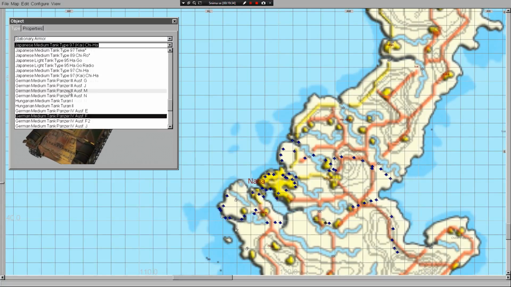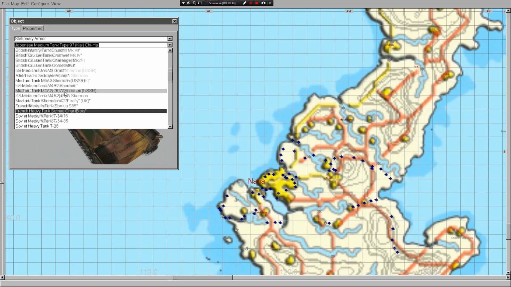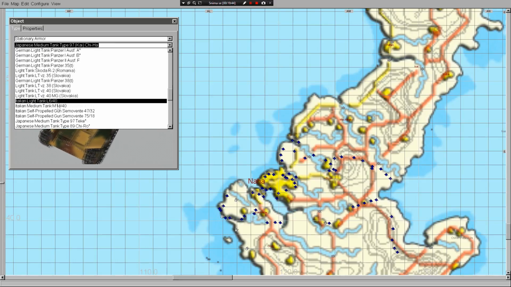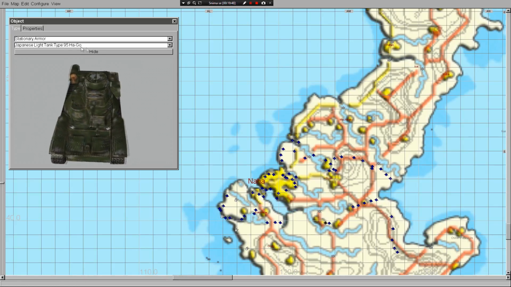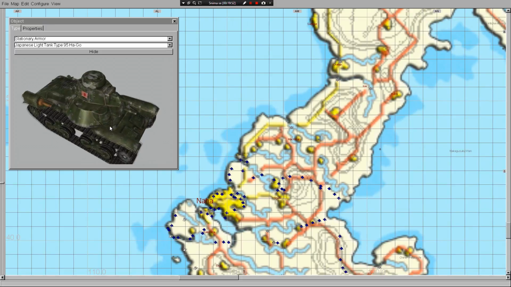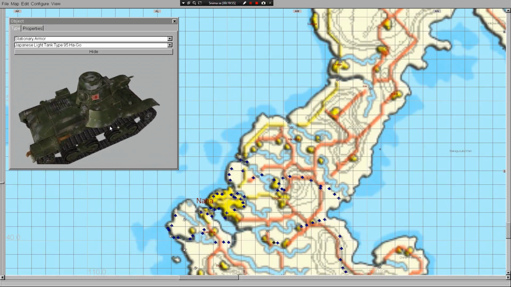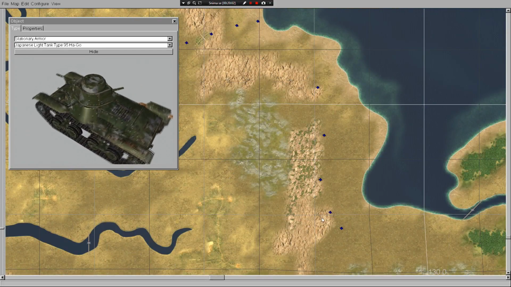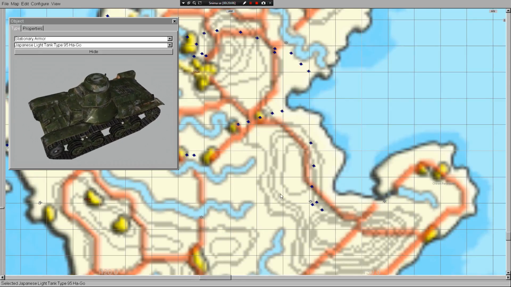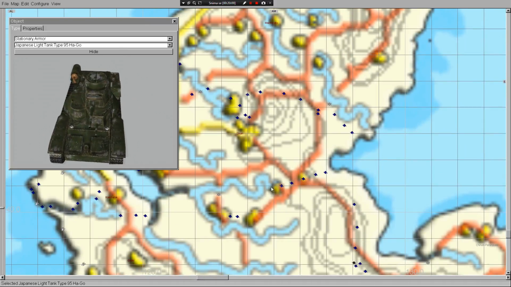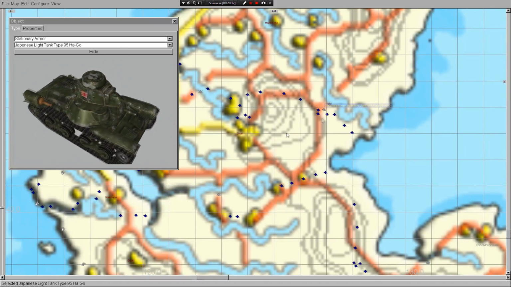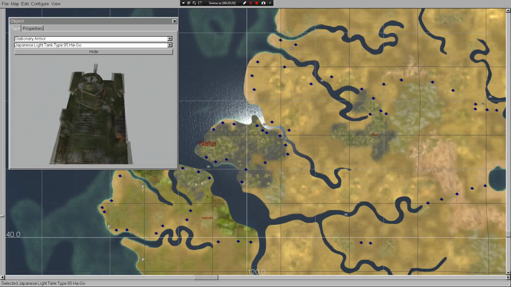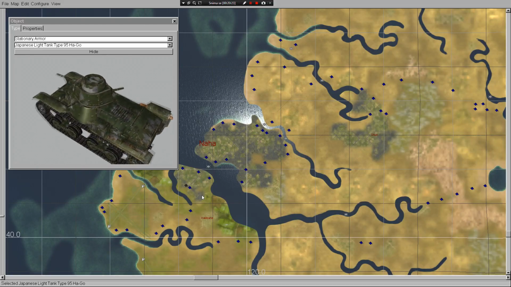Okay, which one is light? Japanese light. I guess this is the one. So 13. If we add them in strength 2, let's put 2 of them here. If I make them strength 2, this will be 4 tanks here, then 4 tanks here. This is 8, and over here, maybe here, this will be 12,